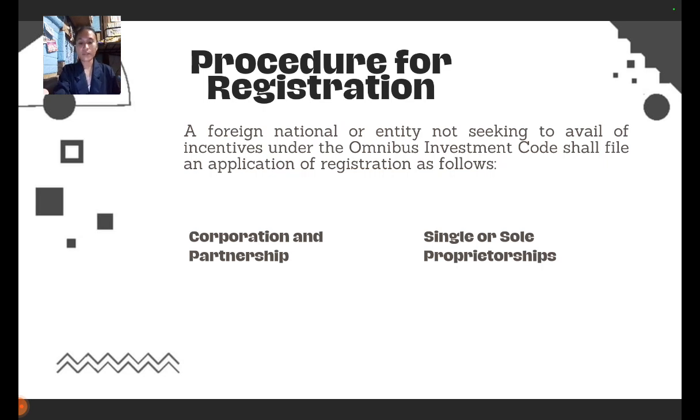Next, we have the single or sole proprietorship. Single or sole proprietorship is the simplest form of business entity where an individual owns and operates the business. Here are some key characteristics. Ownership: the business is owned and operated by one person who is solely responsible for all aspects of the business. Examples of this are liability, decision making, and taxation and flexibility.